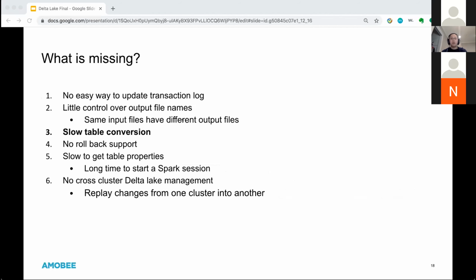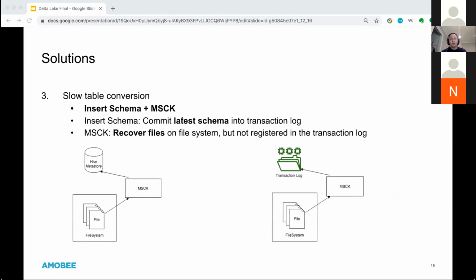And the third challenge is the slow table conversion. After Delta 0.4.0, Delta Lake introduced an API to help us easily convert an existing Hive table into Delta format. The performance is acceptable for small tables, but it works poorly for big and giant tables, especially on some cloud environments.